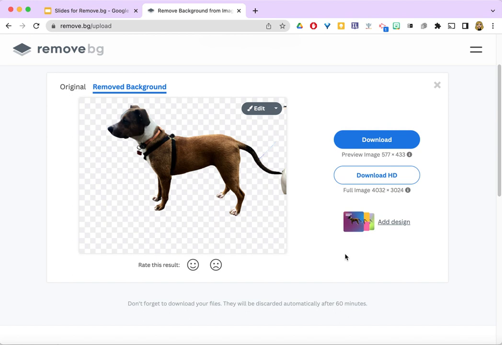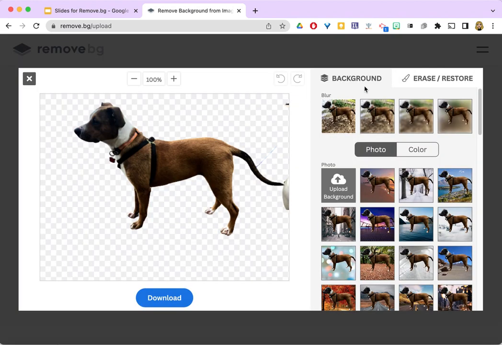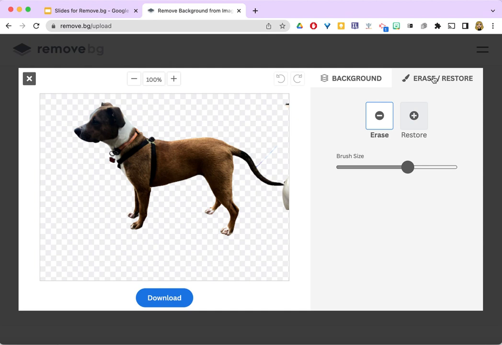And where the background was removed, you now see this checkerboard pattern, and that indicates that it's transparent. The results mostly look really good, but I have a little bit going on here by the tail and up here in this corner. And so when you see things that you maybe want to do a little more editing on, you can click the Edit tool. And then you can go to the Erase Restore tab, because sometimes it might take too much out of your